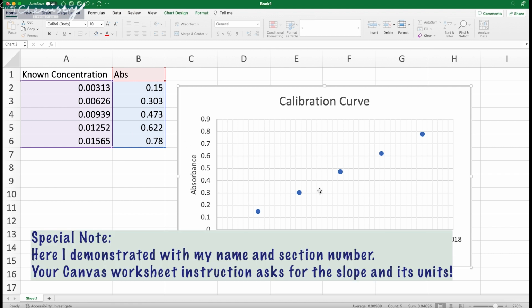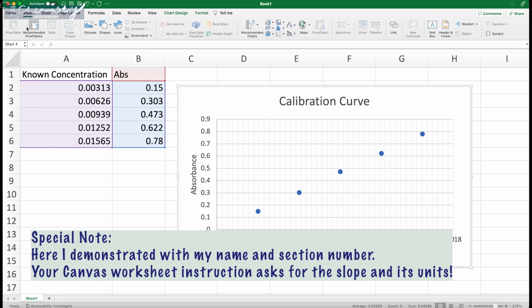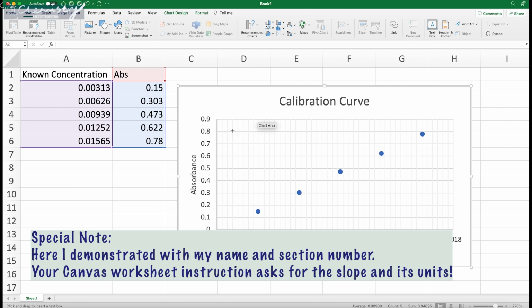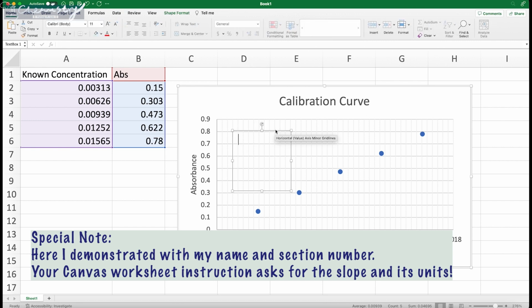And one other thing that it says is that we have to make sure to add a text box. So we can add a text box by doing insert. Again, upper left where there's a tab, shapes, and then insert the text box. The text box is the one with an A. You just click anywhere on the chart. I think it says that we have to do it on the upper corner, but right now I'm just going to put it there as a placeholder,